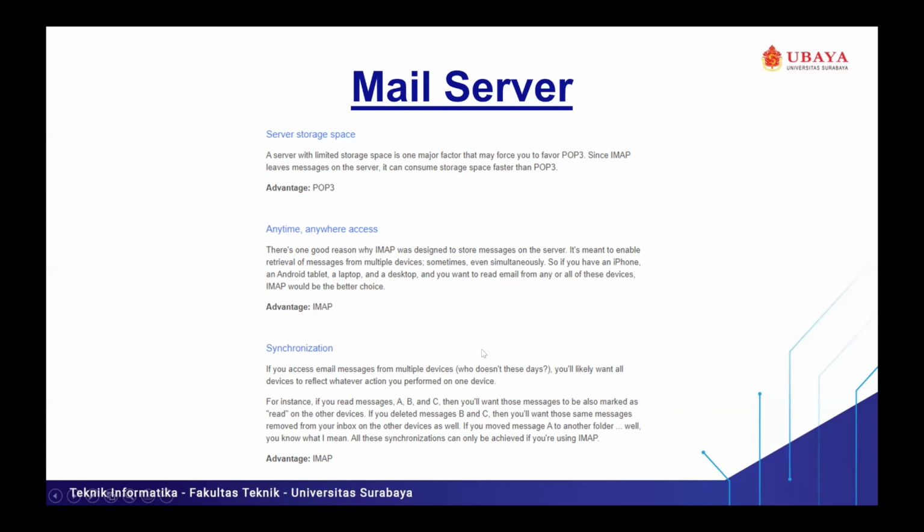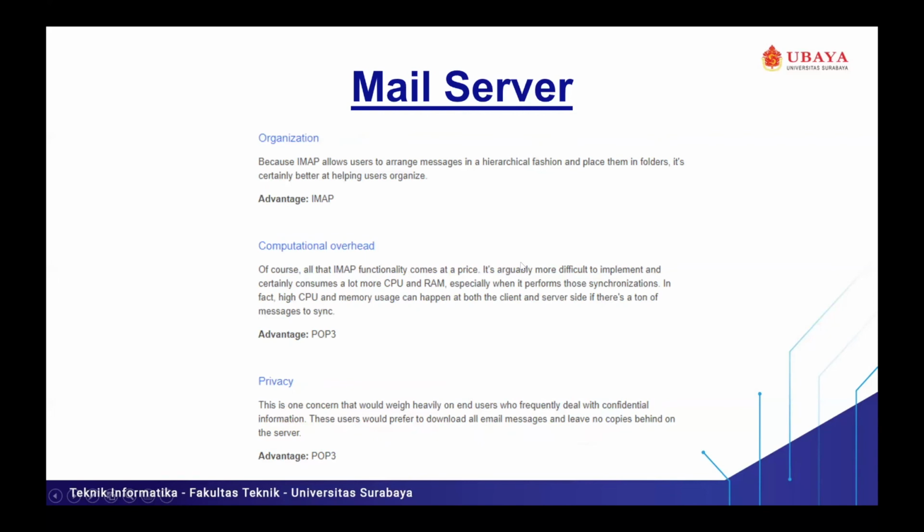And for the synchronization, for instance, if you read messages A, B, and C, then you will want these messages to also be marked as read on another device. As I mentioned before, if we have more than one device, it's better to choose IMAP, right? For the organization, because IMAP allows users to arrange messages in a hierarchical fashion and place them in folders, it's certainly better at helping users organize. So we can use IMAP